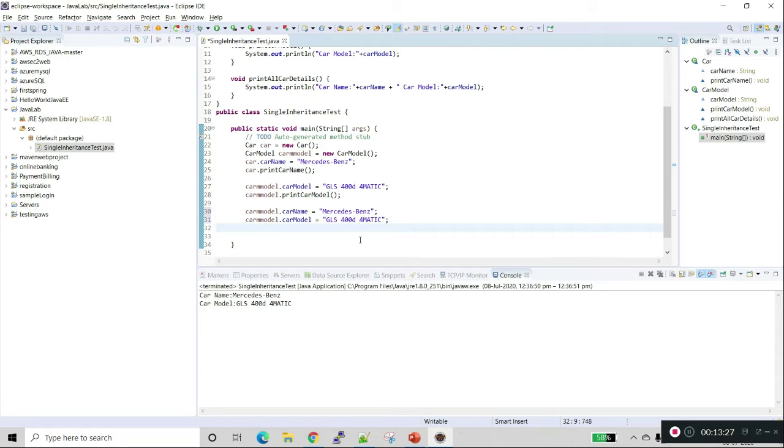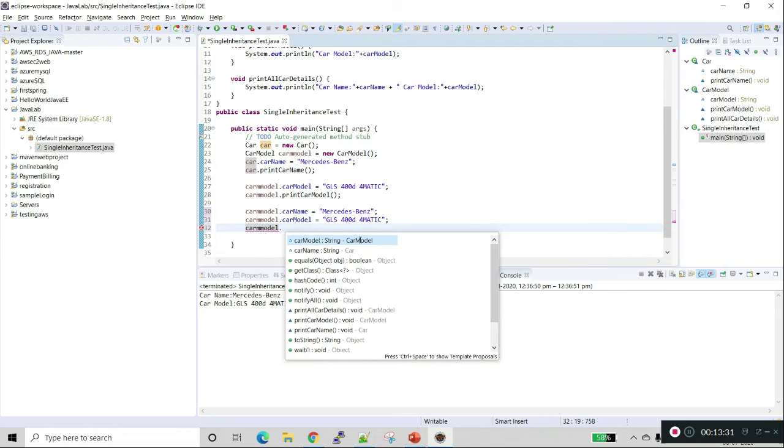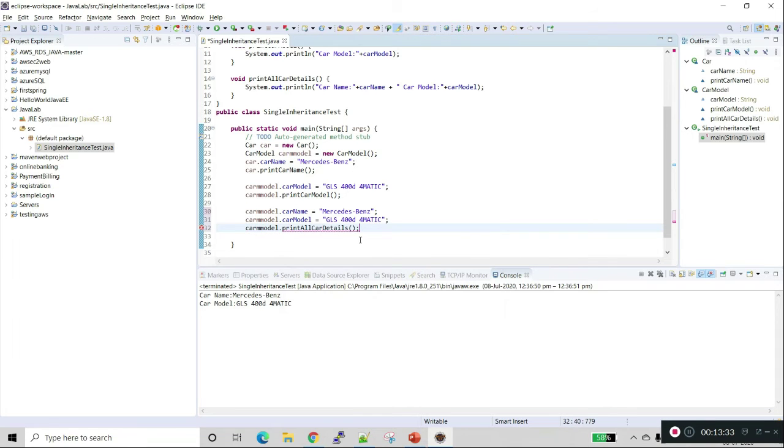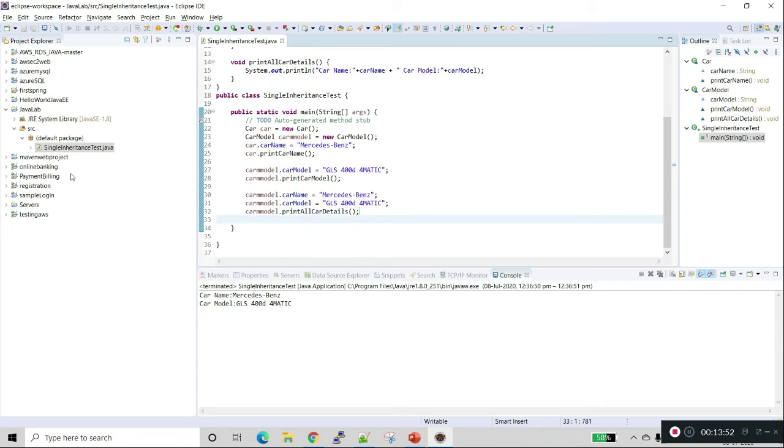Now we will call car model dot print all details. This will print both the car name and car model. So we are using the subclass to access the methods and variables of the superclass. Now we will run this class again as a Java application.